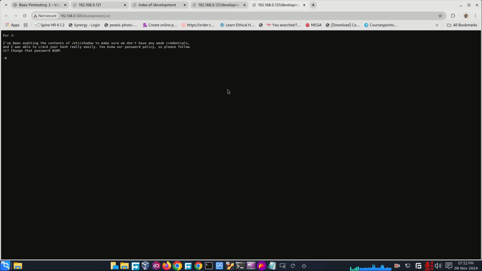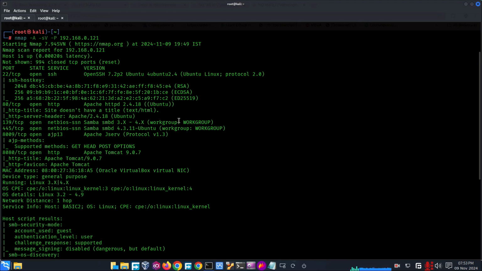It has been discovered that the password hash for J is weak and can be easily cracked. Although we know that J has a weak password, we lack details about the usernames. Therefore, alternative method must be considered. As identified by the Nmap scan, the SMB service is active. Using the NetBIOS protocol,